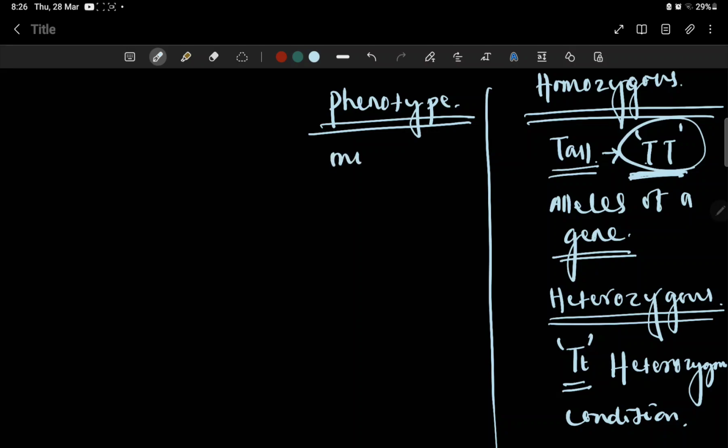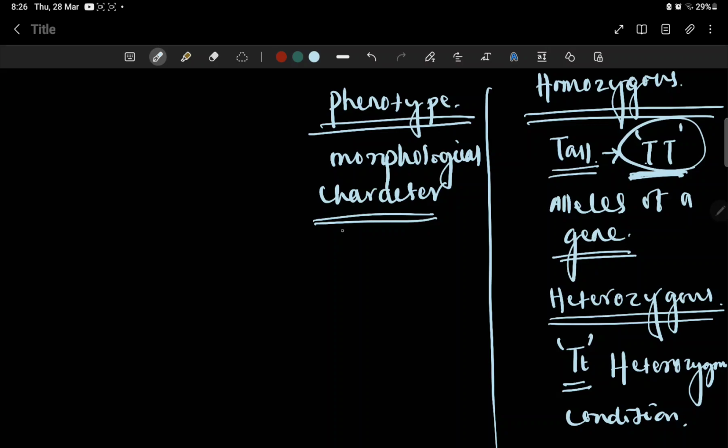Phenotype is the morphological character. What we see, or how the plant or how the object looks, it is under phenotype. Morphological character of the object is known as phenotype. If we take a plant, tallness or dwarfness